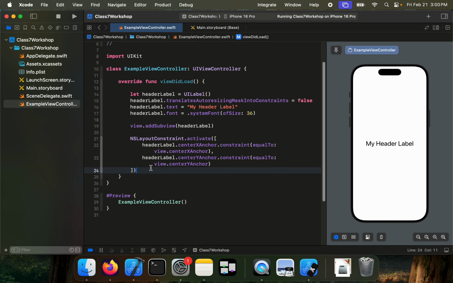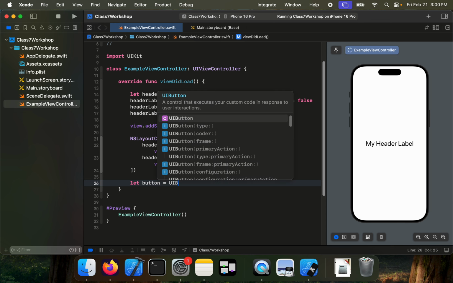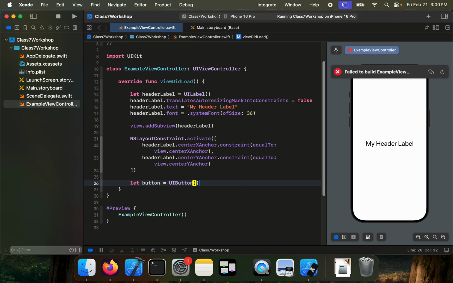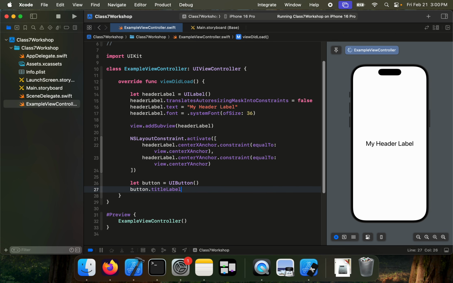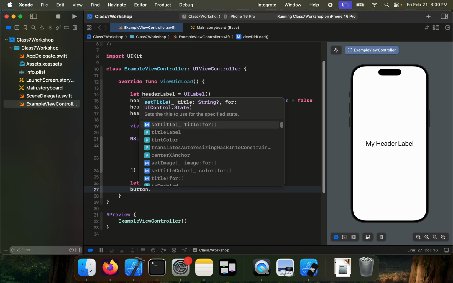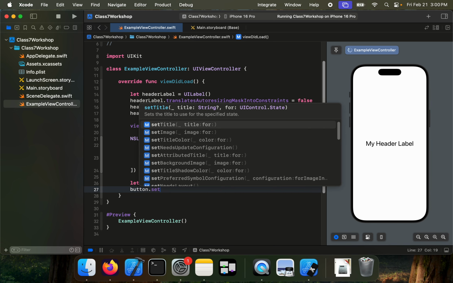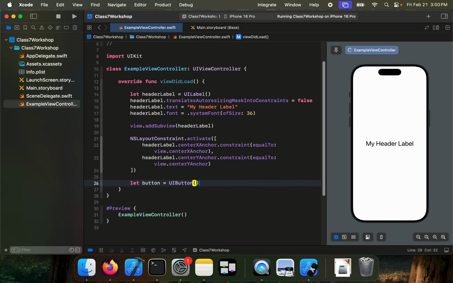It's exciting. Right. Okay, so next up, let's take a look at some buttons. The main thing that you need to know for buttons is that they have actions, right? You need to be able to tie your action to some code, right? So let's go ahead and create our button. We're going to set the title label. When you set the button's title, you do it with this set title for, or you can also do it in, I think,